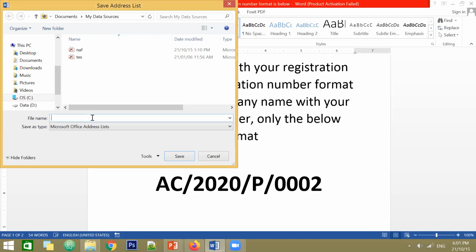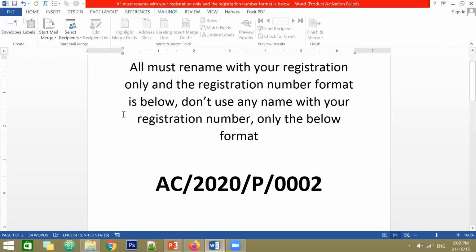Okay, so you can save this file wherever you wish. I just saved it in the default location. Now the file is saved.